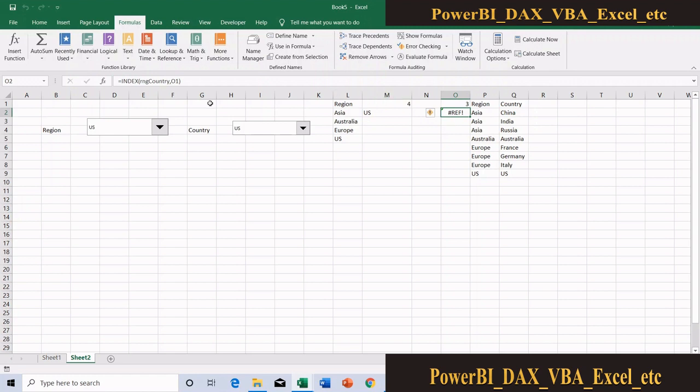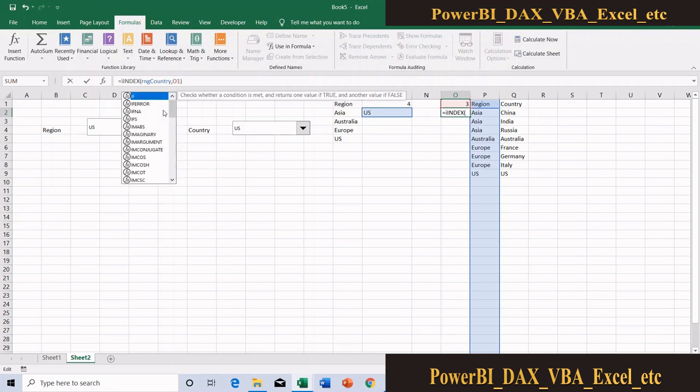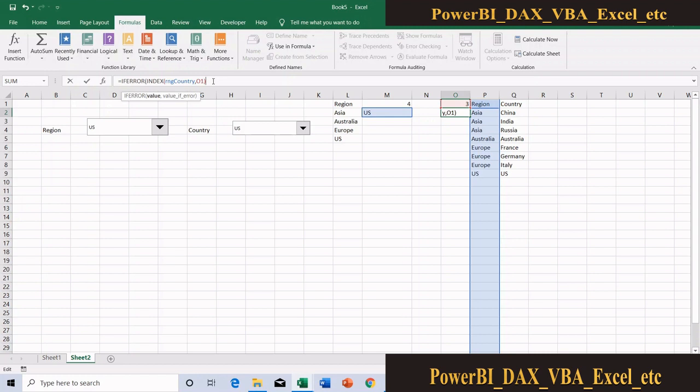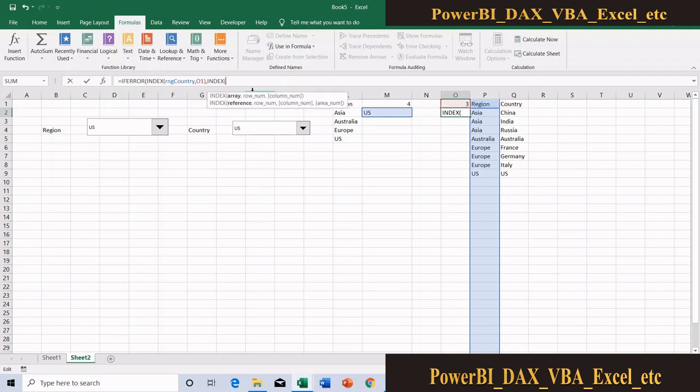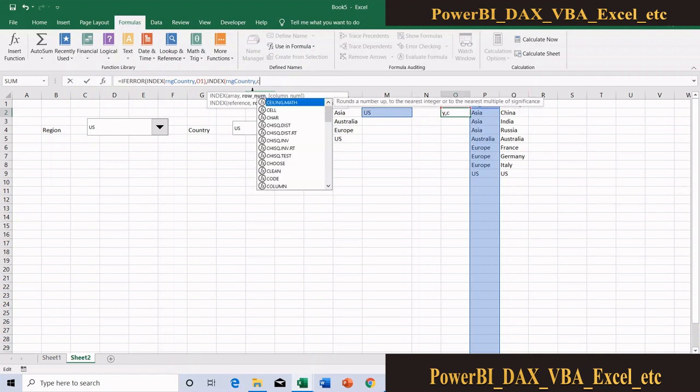In order to avoid that, what should you do? You just apply an IFERROR function. If an error is returned, then what should we do? We need to return the last item from this range. Last item means, again I need to apply an INDEX formula, and my range is RNG country, comma, what is my last item?